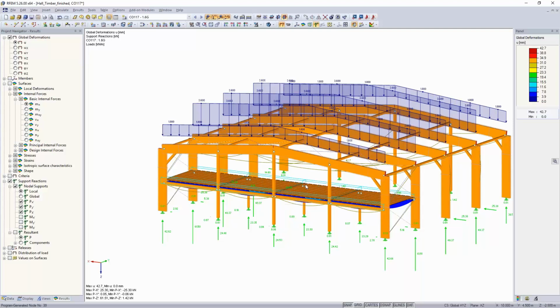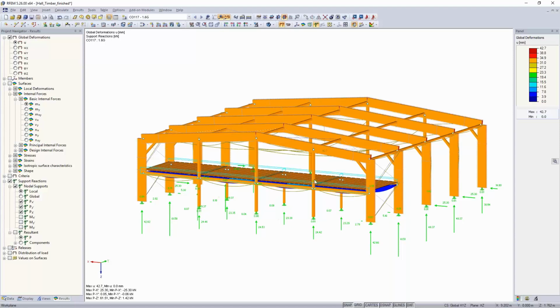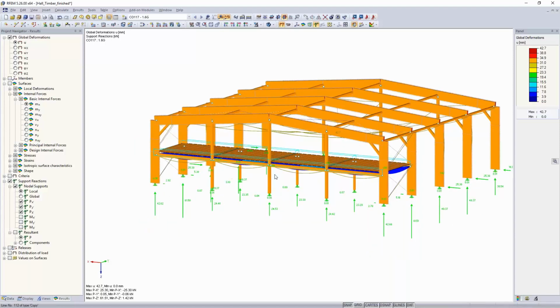Andreas already modeled here a CLT plate just for generating the stiffness that we would need for the design later on. But what he did not do, and what makes absolutely sense when you model the structure, was to also generate the stiffness for the line hinges and the releases. So he just generally